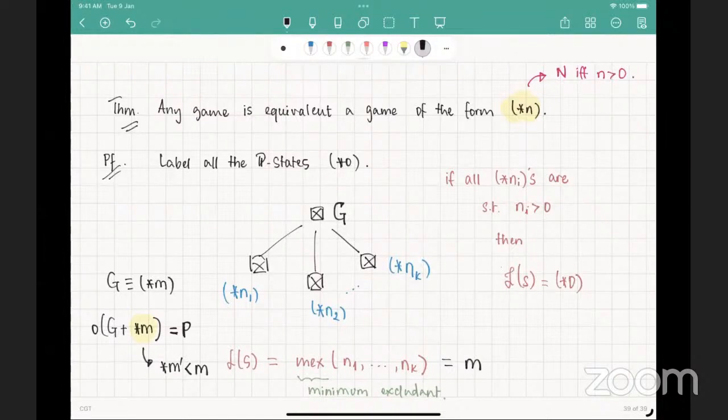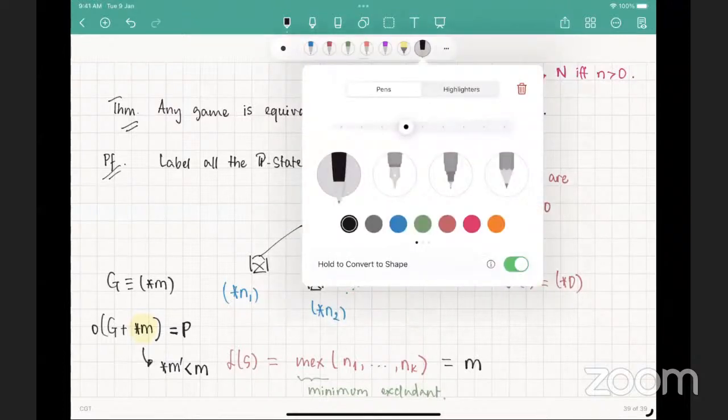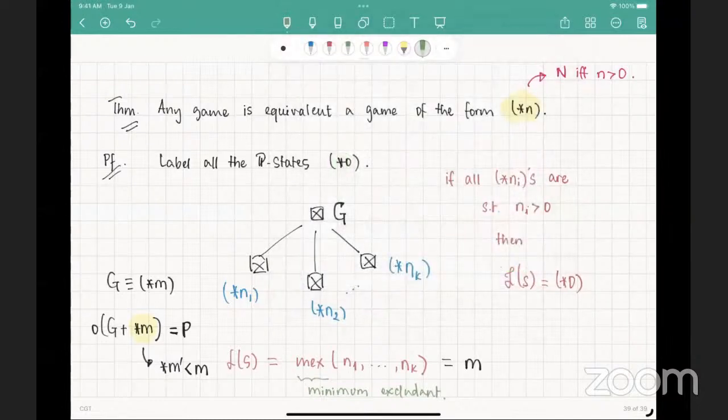But notice that any number that is strictly less than M must be available as a label for one of the children of G, because this was the smallest number that was excluded. So anything smaller than it must have been included. So if this is the first player's move, then the second player's response will be to take G and to take it to one of its children that happens to have a label also of